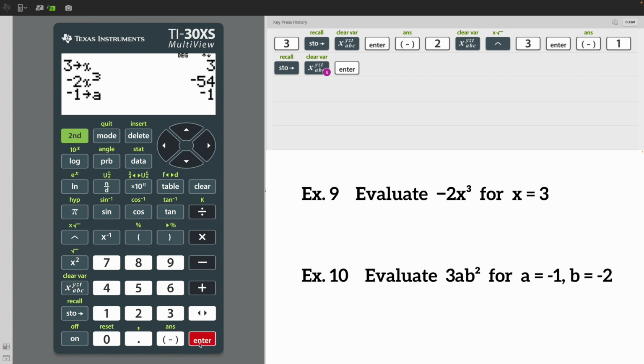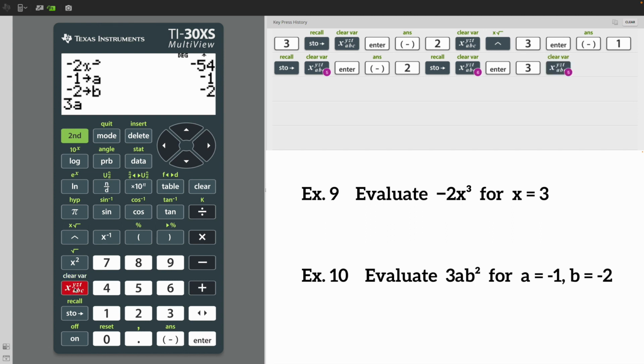And now I don't only have an A for this one, I also have a B. So I'll put negative 2 and store that and hit the variable button until I get B, enter. Now that I have my variables stored, now I can type the entire expression. So the entire expression was